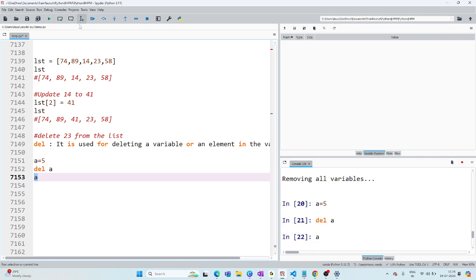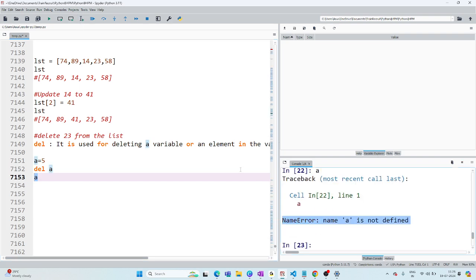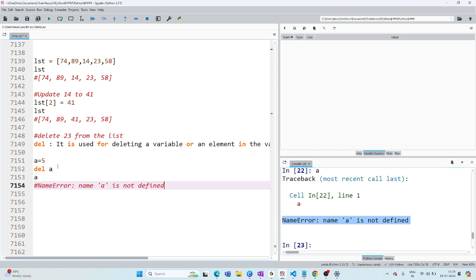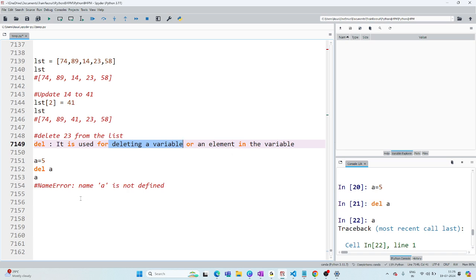Now if I look at a, what will it give you? It will give you a name error. I created it, but it was deleted by using del a. Del is used to delete a variable or an element.